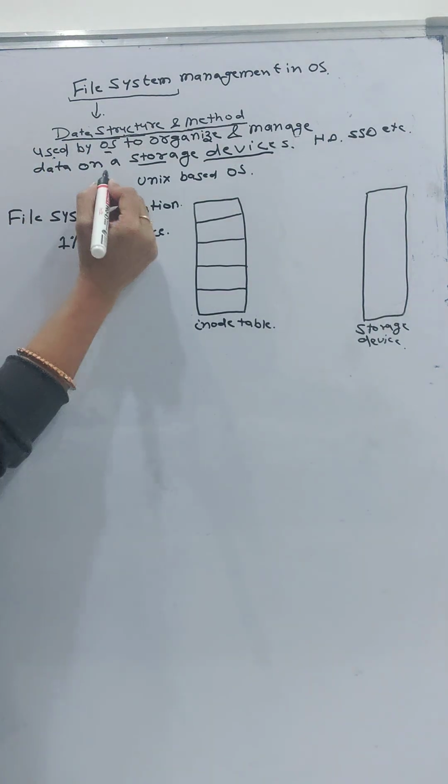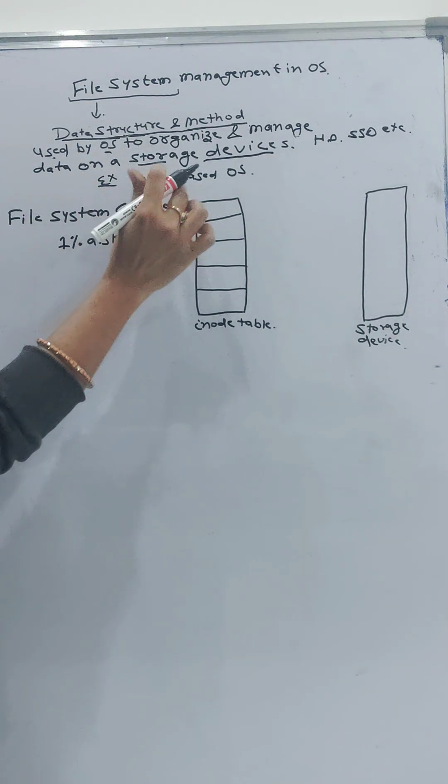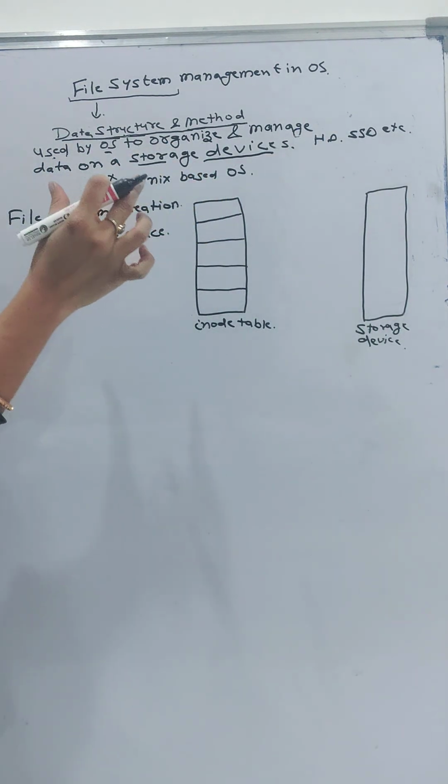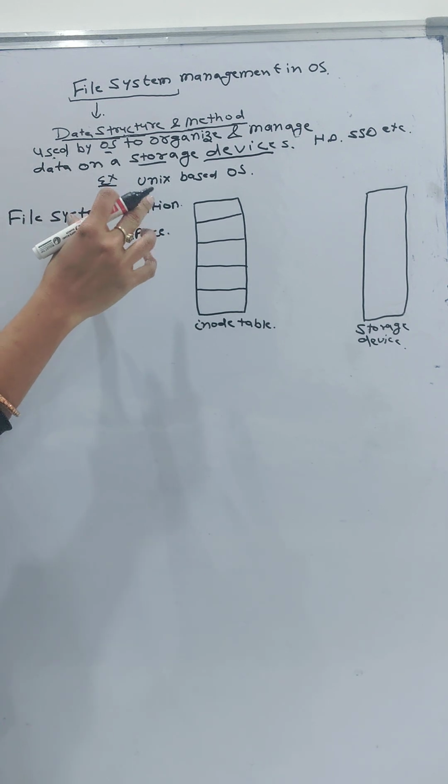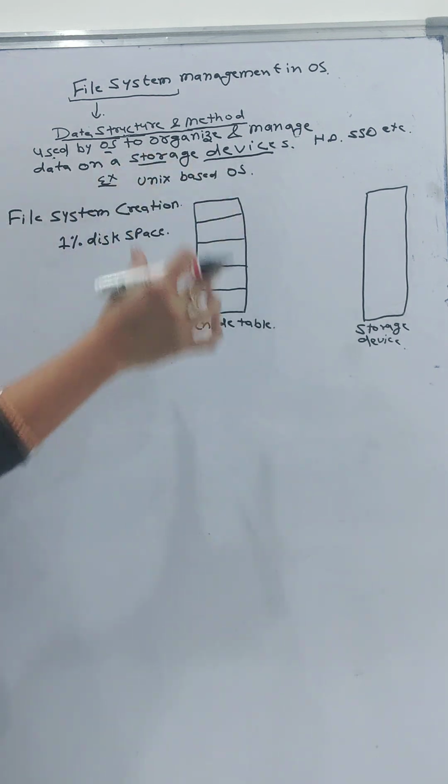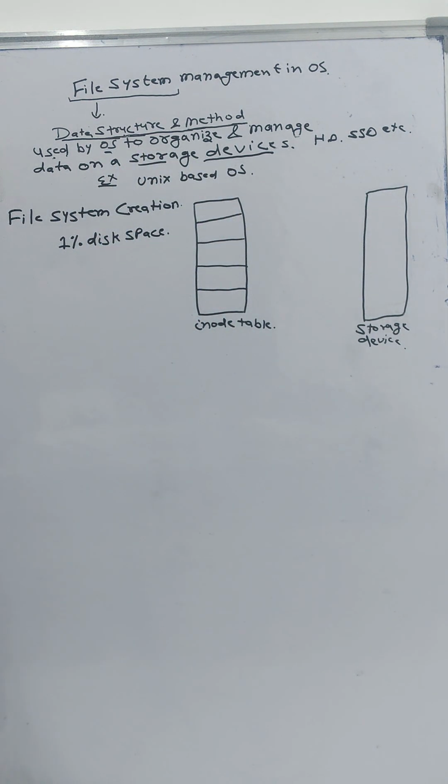So we'll take the example of a Unix based operating system. We'll see how our files are organized in this kind of operating system. So first point is file system creation. During the initial formatting of the file system, the operating system will use 1% of disk space